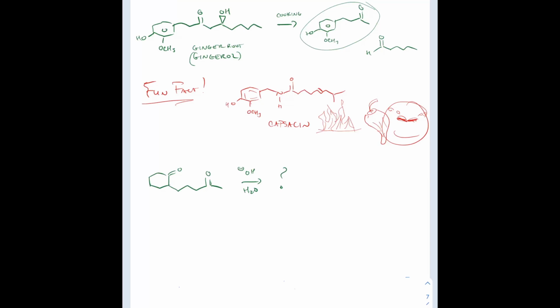Well, we've been talking about removing the alpha hydrogen, right? Well, where's the alpha hydrogen? We've actually got lots of alpha hydrogens in this compound. We've got 4 options, at least 4 locations. And so that's going to make things interesting, right? Like, what are we going to do? So what I would suggest,